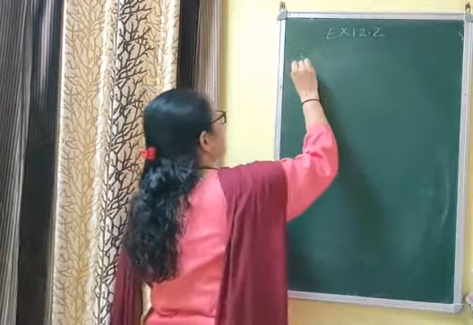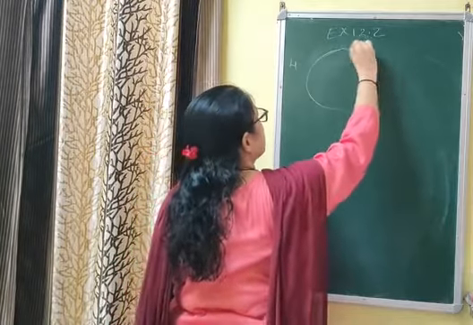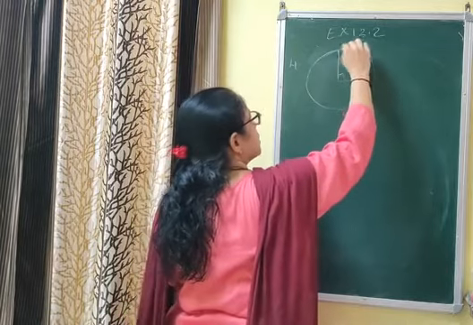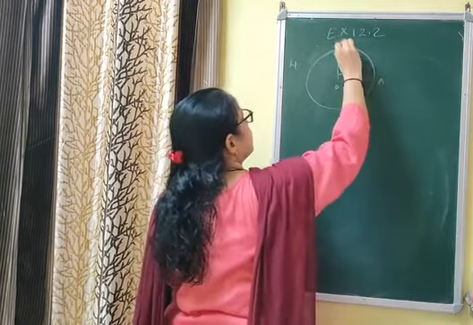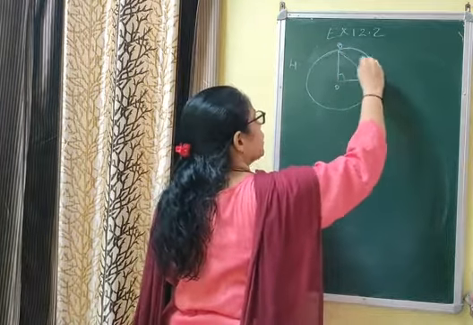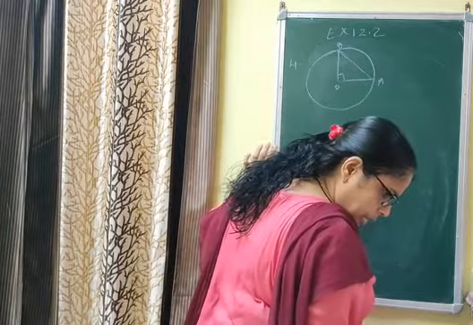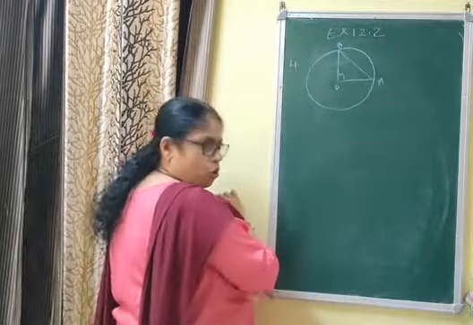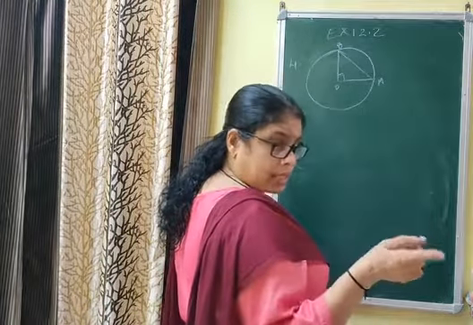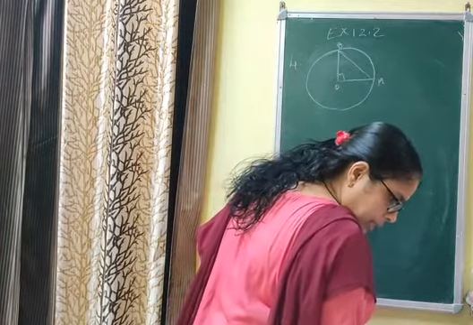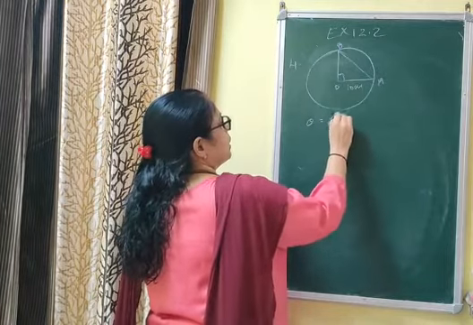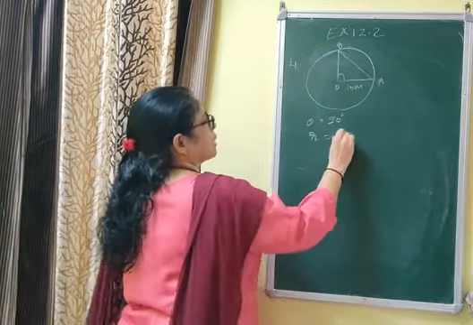In this type of question, it is better to draw the figure. Figure draw करना सही रहेगा. First of all, right angle बना रहे हैं, means this is 90 degree, and this is the sector. Let OAB be the sector, and this is the segment. First of all, you are asked to find the area of minor segment and then area of major sector. Don't read it wrongly. Major sector and minor segment, and the radius is given as 10 centimeter. That means here theta is equal to 90 degree, r is equal to 10 centimeter.